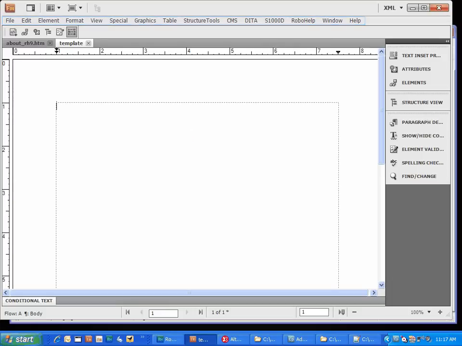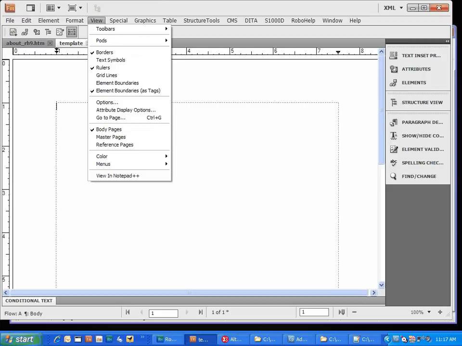I clicked on View and selected element boundaries as tags. That gave us the bubble view. By default, you don't have that bubble view. And the other thing that I did was I shut off the text symbols. Sometimes when you're editing, you like to see where a carriage return is, but just for the sake of demoing, and you don't really need it, I shut those things off. So if you do want to mimic the exact look and feel, you'd want to turn those on,